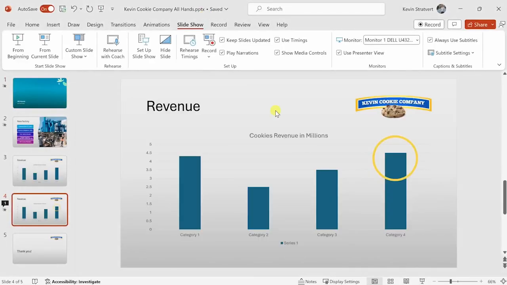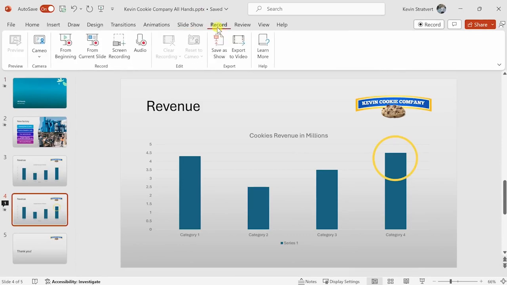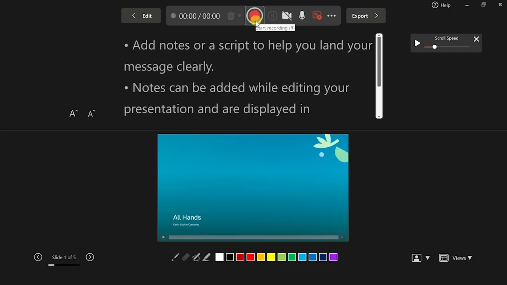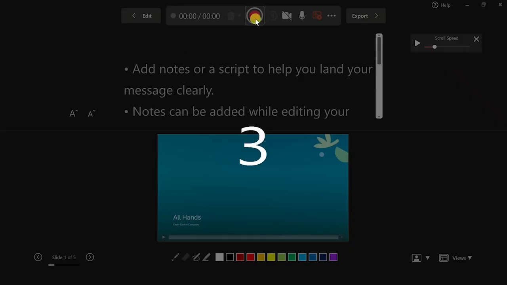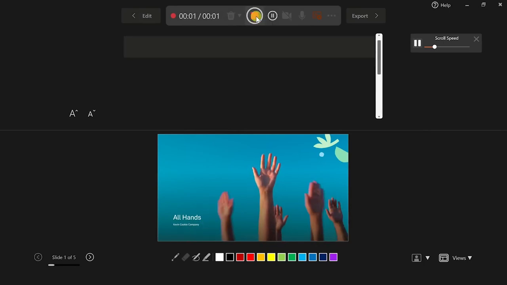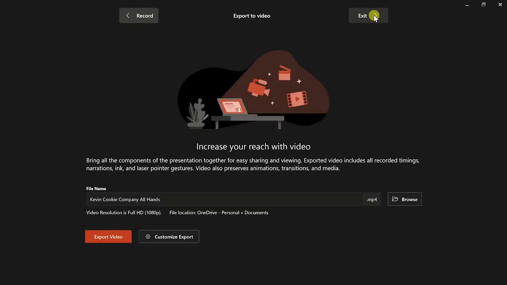Along with presenting your presentation live, you can also pre-record it. Up on the top tabs, click on the Record tab. And here you can start recording from the beginning. When you click on this, this opens up the Record interface. Here, you'll see all of your notes up above, and you could even turn on a teleprompter to scroll through your notes. Down below, you'll see the current slide, and you also have various annotation tools. Once you're ready to record, you can simply click on this red record button, and this will now record your presentation. Once you're done, you can stop, then click on export, and you can export your